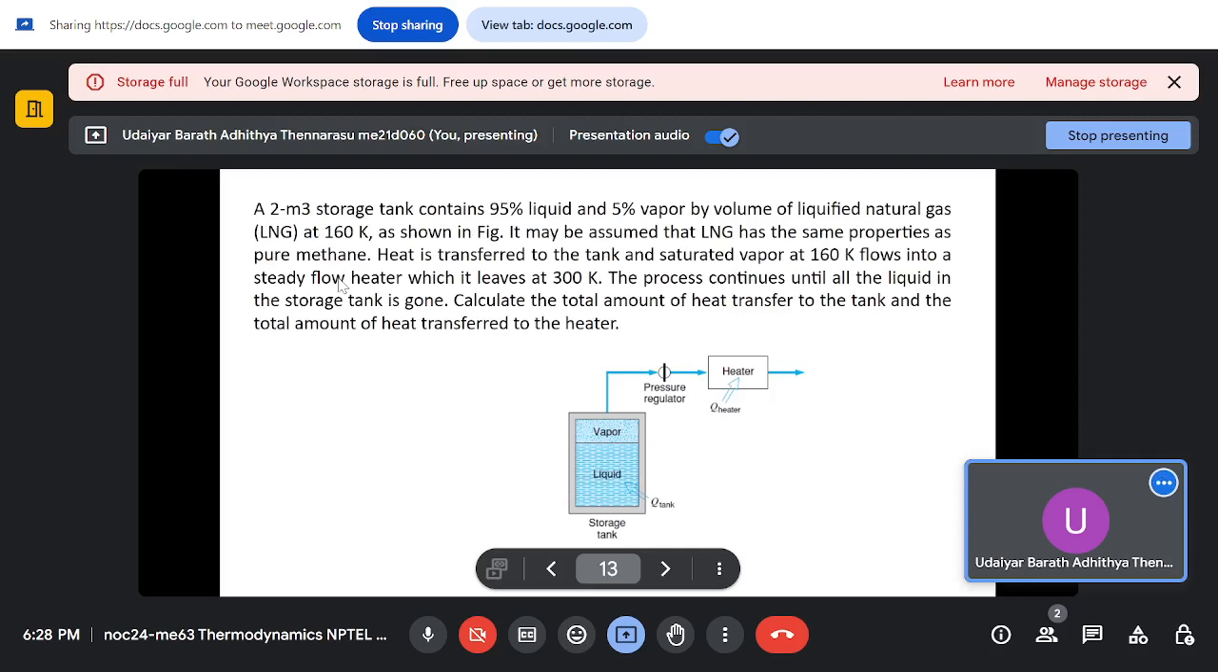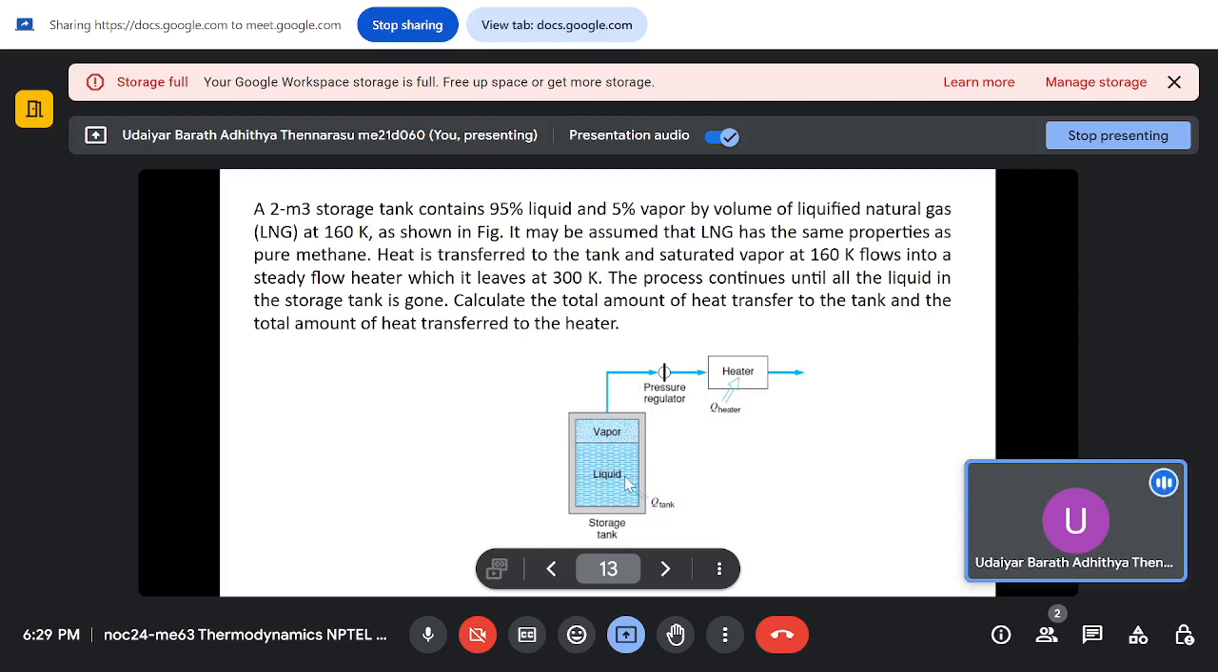So moving on, the next problem is we have a 2 meter cube storage tank which contains 95% liquid and 5% vapor by volume of liquefied natural gas at 160 Kelvin, as shown in the figure. It may be assumed that LNG has the same properties as pure methane. So this cylinder contains LNG which is 95% liquid and 5% vapor at 160 Kelvin, and